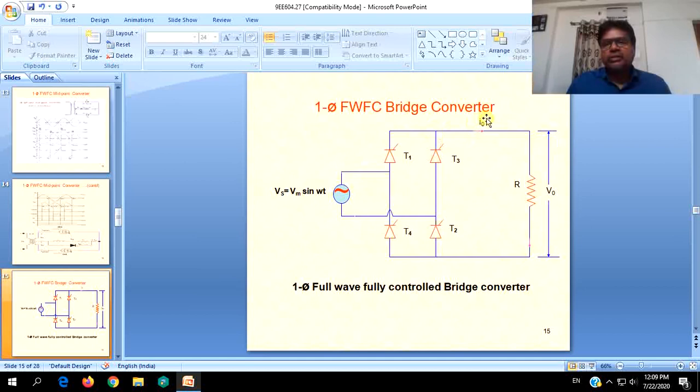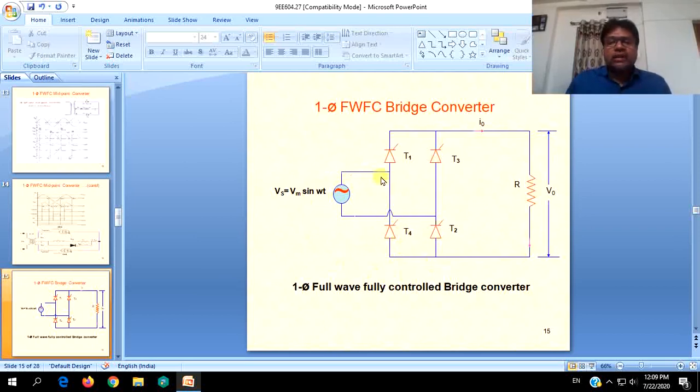It takes the other path where I0 is shown like this. It flows through R and again comes over here in these two directions where it enters T2, which is forward biased, and comes back to the neutral, and the circuit or path is completed. Whereas if the current goes in this direction T4, it will go to T1, the path will not be closed or circuit is not completed. So don't get confused with that, T4 will also be biased.